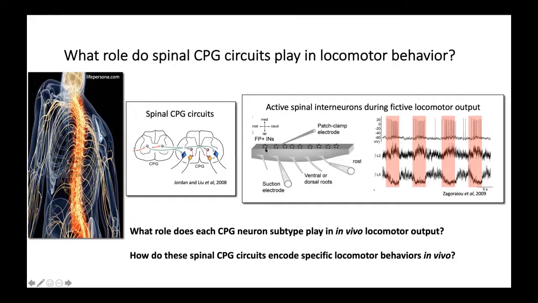But that's all well and good. The thing is that this is done in an in vitro preparation, meaning that the cord is outside of the animal. So it's kind of useless if we're trying to understand how CPG circuits work if the circuit is outside of the animal. So what we need to do is to